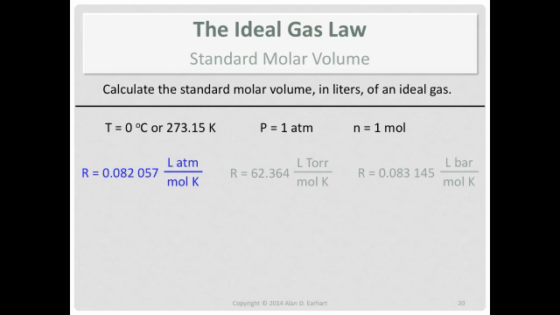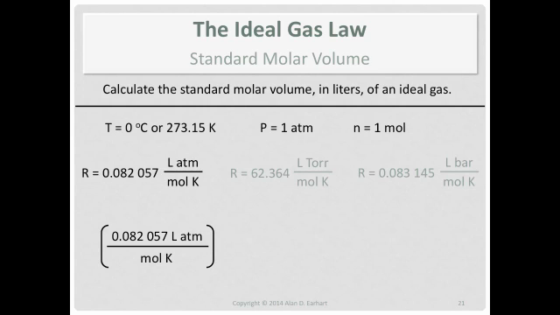So let me show you the other way. This is actually the way I prefer now to work these problems. And this is the way that I'm going to work the rest of the ideal gas law problems in my podcasts. I give constants out. Therefore, you've got the value of R. So let's use that to our advantage. If you have the value of R, then start with the value of R and multiply and divide until your units work out.